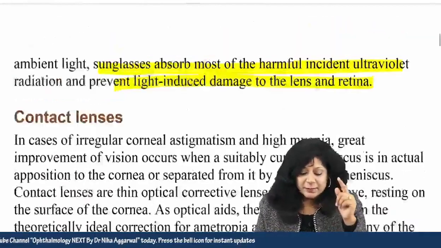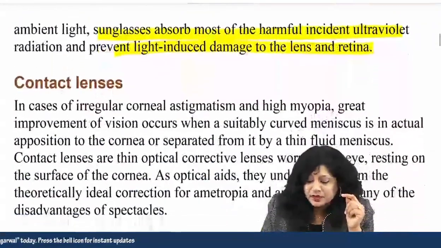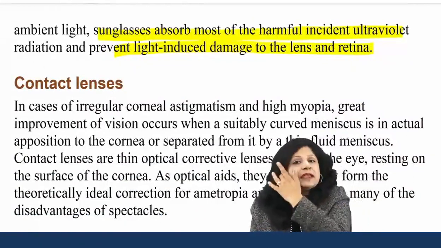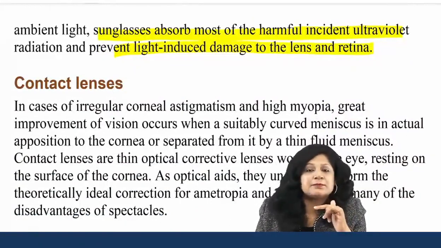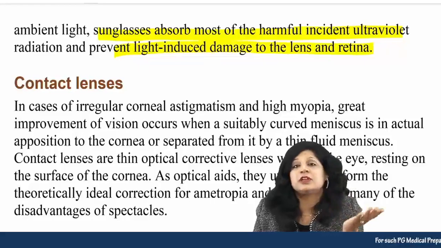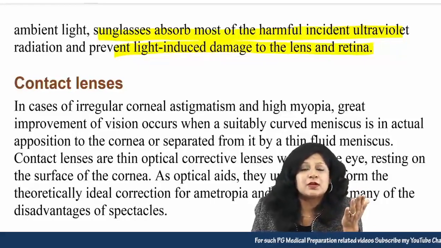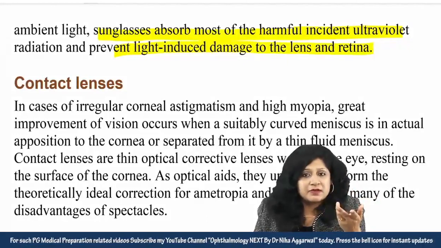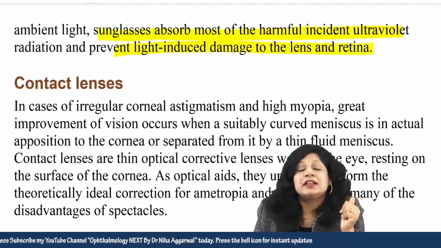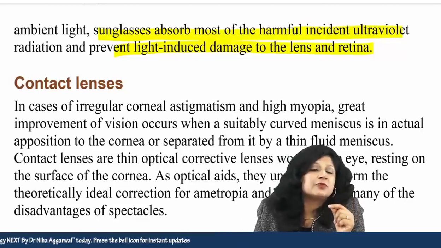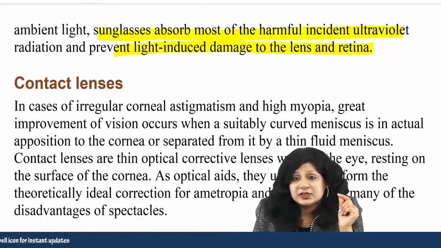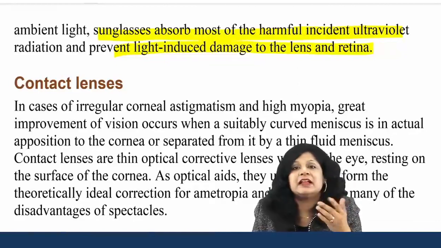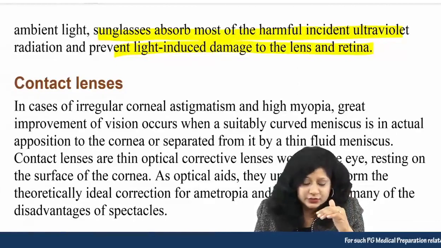So one important thing is that we have got two options available, like we can give the plain one without power, the plain sunglasses, but some people who are having the refractive error also can't afford to use only the plain glasses because they have ametropia. So that time we can also introduce the refractive power in the spectacle itself. Then another advantage is it is also absorbing the ultraviolet radiations, especially the harmful part, which is otherwise going to be absorbed by the lens and the retina, and that will cause the light-induced damage.